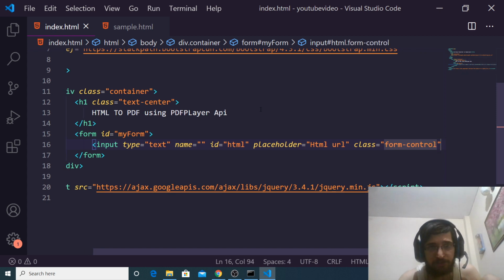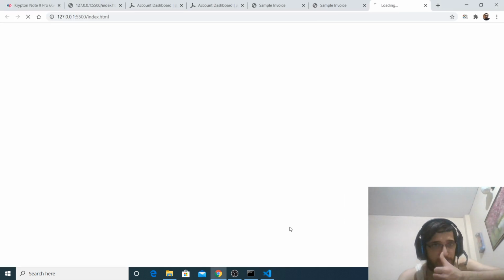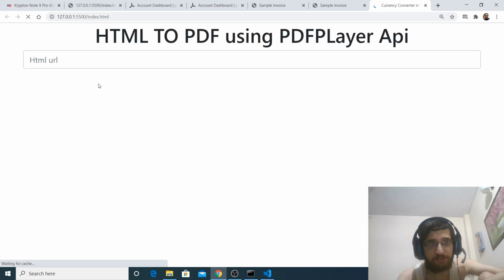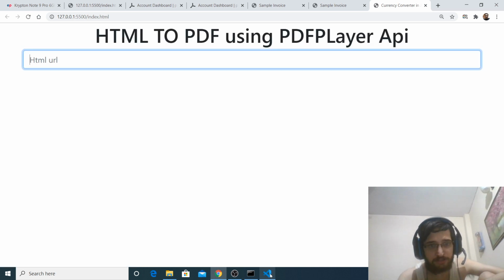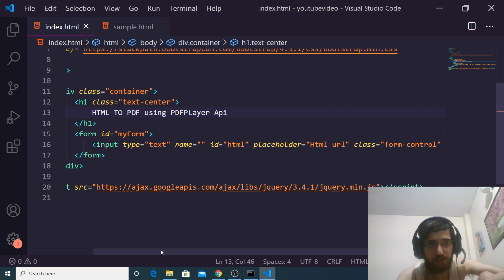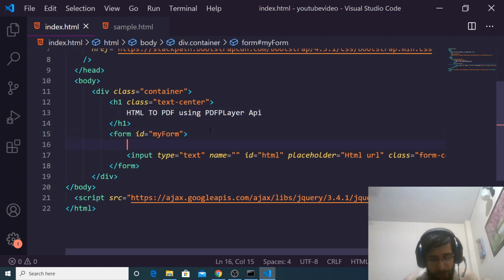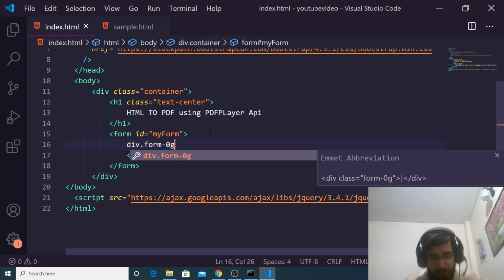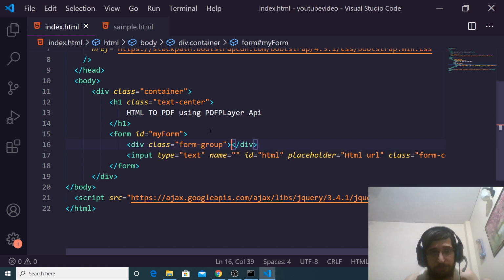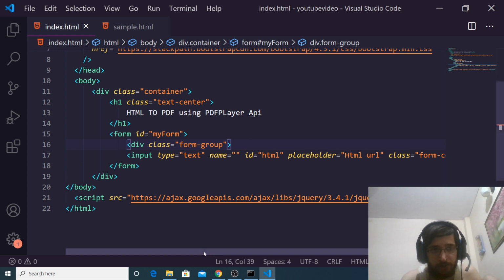If I open this application with live server, you will see this is the input field. After this we need to wrap this inside a form-group class of Bootstrap.